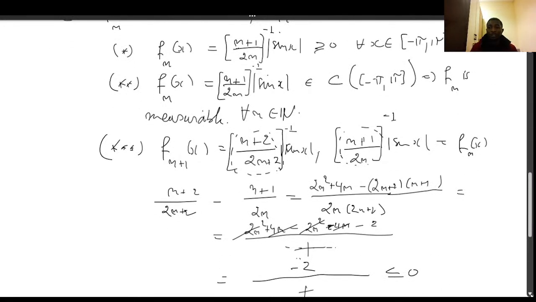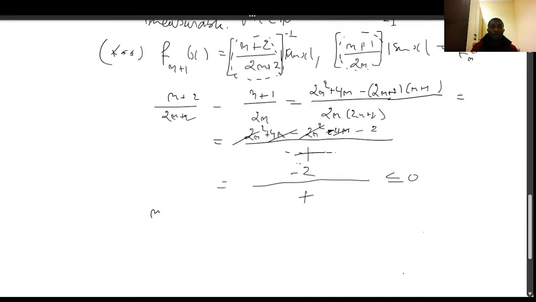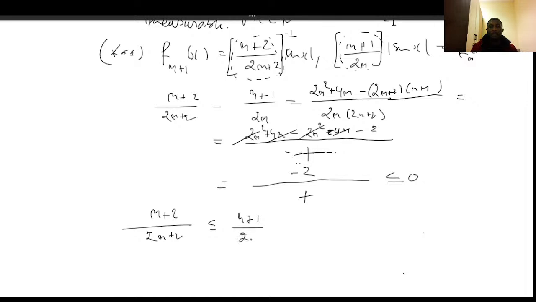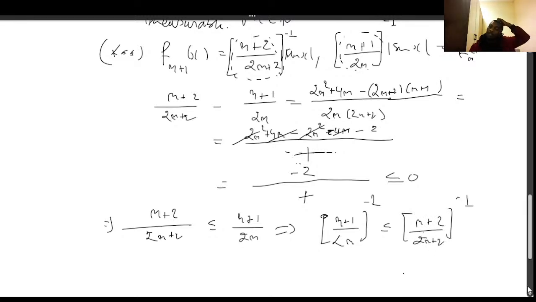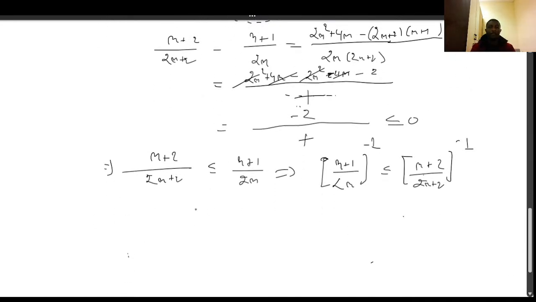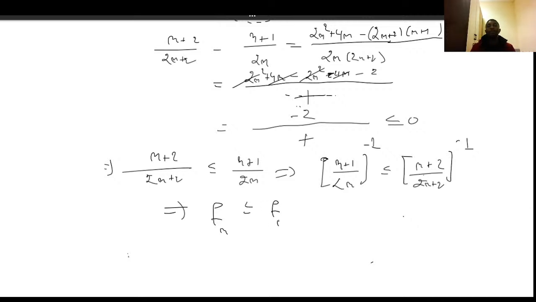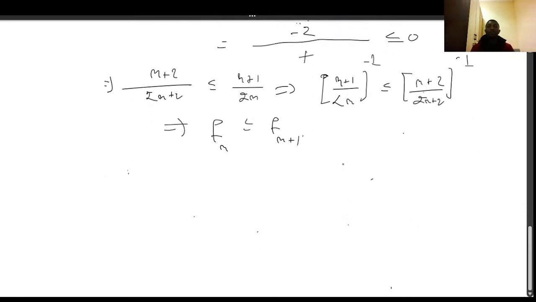So here, what we found is that n plus 2 divided by 2n plus 2 is less than n plus 1 divided by 2n. So if we take both sides to the power minus 1, we will have n plus 1 over 2n is less than n plus 2 over 2n plus 2. That will help us with the new way we formulated things, and will help us conclude that fn is less than or equal to fn plus 1. It doesn't matter, it's just an example, so we needed to find the right coefficient so as to have this